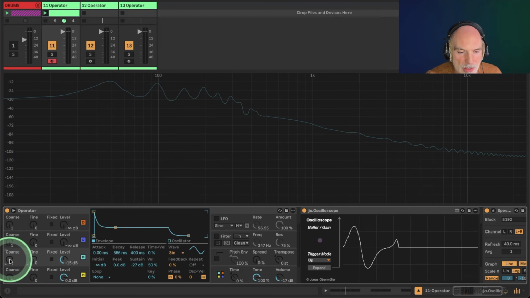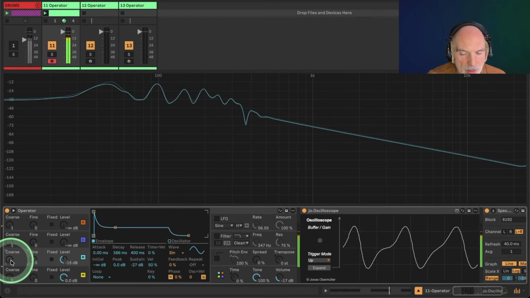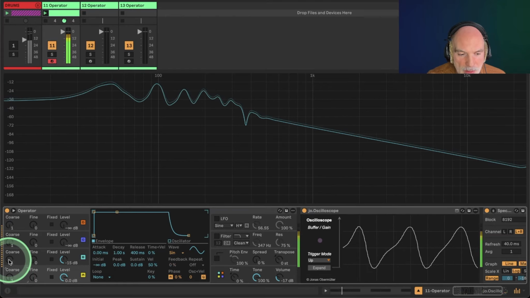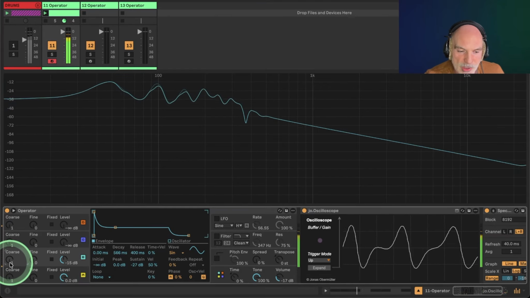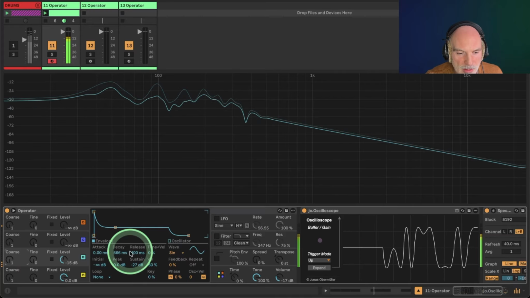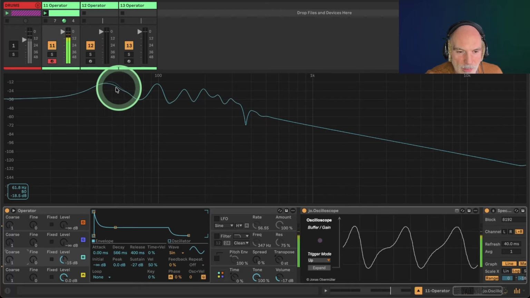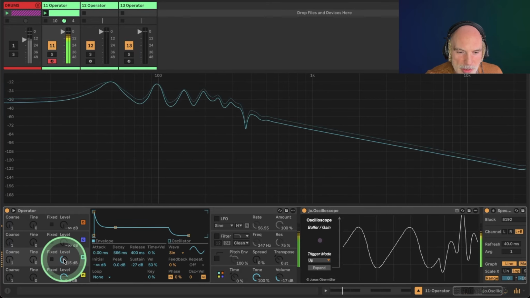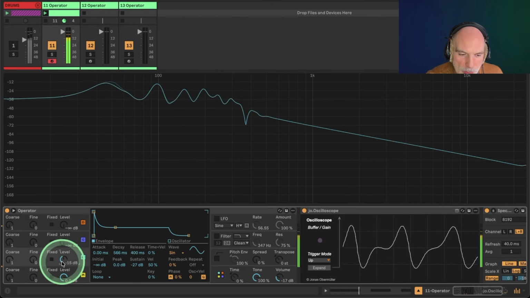So let's just play around with this. You'll see it. So 1 and 1, which is what we're seeing here, is going to give us something that sounds a bit like a sawtooth, right? You can sort of see it. It's too intense because you can see the low end is a little bit too quiet. Can you see that in there? That's because the level is too high, and if you add too much modulation,